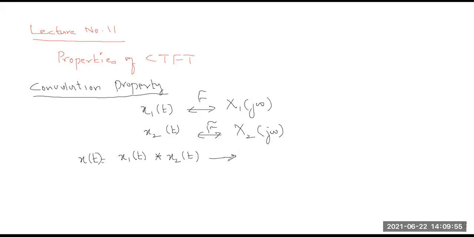So what is going to be the Fourier transform pair of this signal, which is the convolution of x1 and x2? According to the convolution property of continuous time Fourier transform, convolution operation in time domain is simply the multiplication of the corresponding Fourier transforms. So in time domain, we are performing convolution, and in frequency domain, we are performing multiplication. Now, if we want to prove this property,